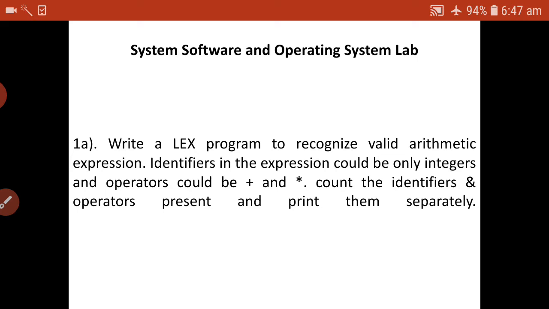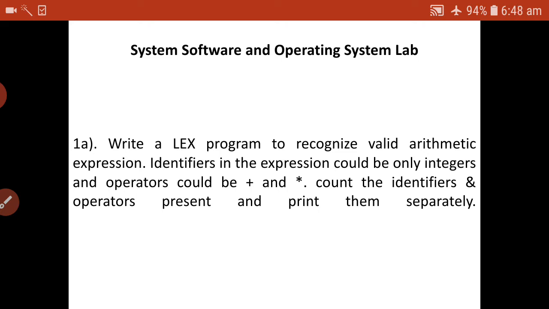Lex program. Lex is also called a lexical analyzer, or a scanner generator. Lex is the same as a Unix utility. It is a program that generates the design of lexical processing of characters from the input streams. Lex generates the C code for the lexical analyzer. It uses patterns that match the strings in the input and convert the strings into tokens. And the basic structure of a Lex program has three main parts.